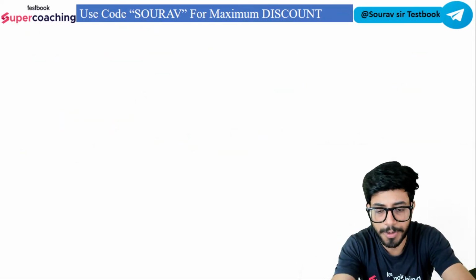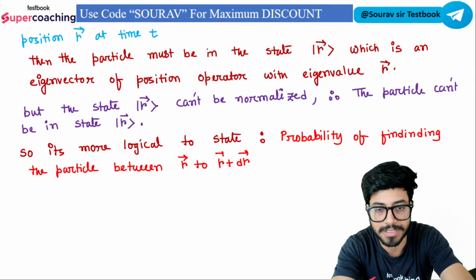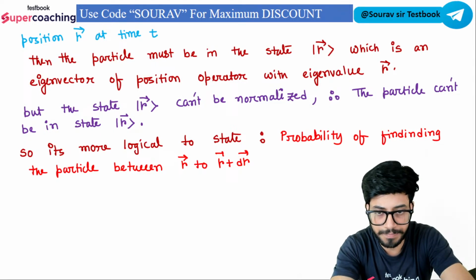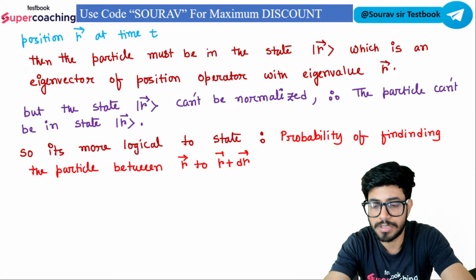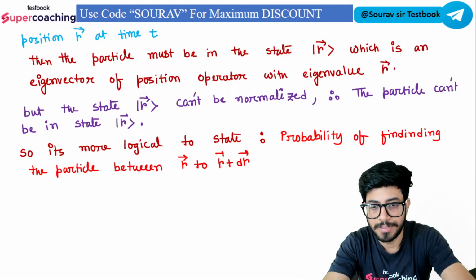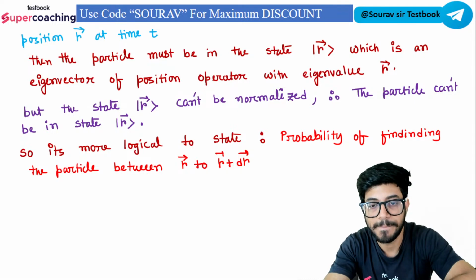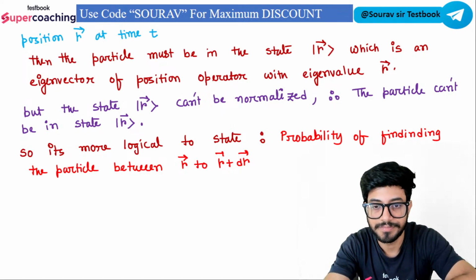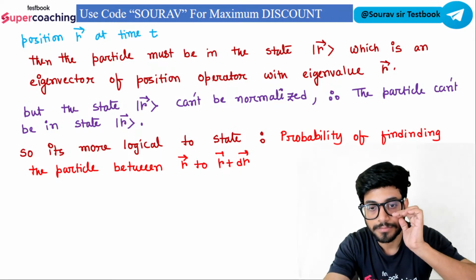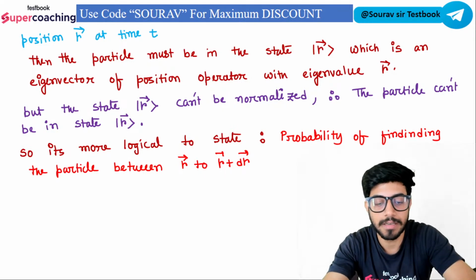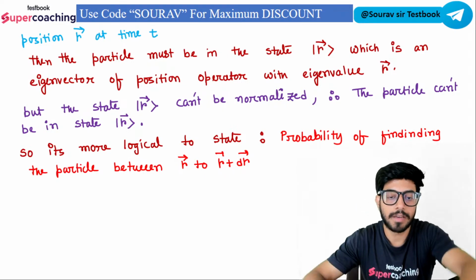We can definitely talk about the probability of finding the particle between r and r plus dr, because that is not at all risky. When we are talking about the probability of finding the particle between r and r plus dr, that's another thing. It's not at all a risky statement. So let me just state it in this way. You can write it as